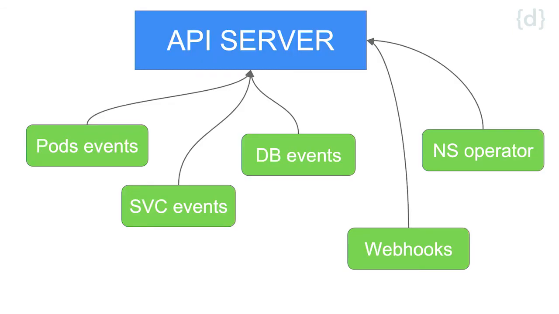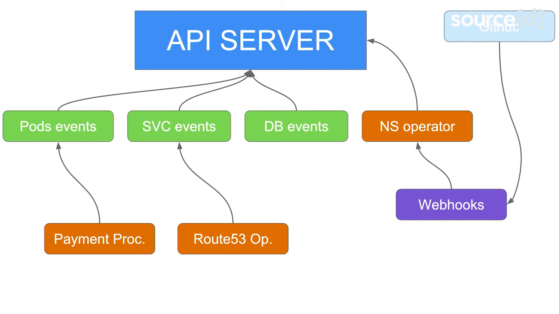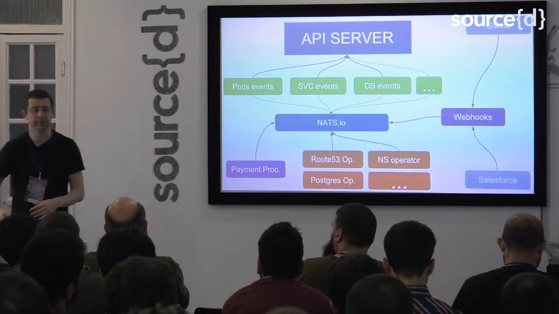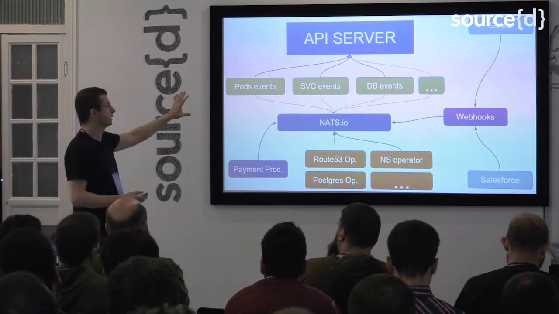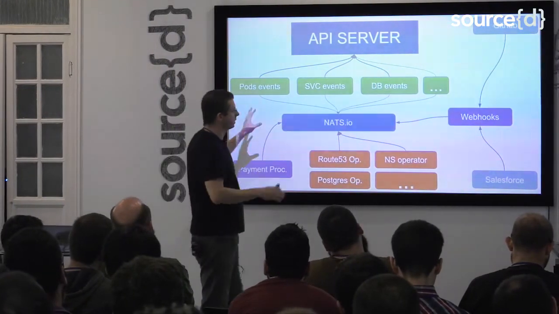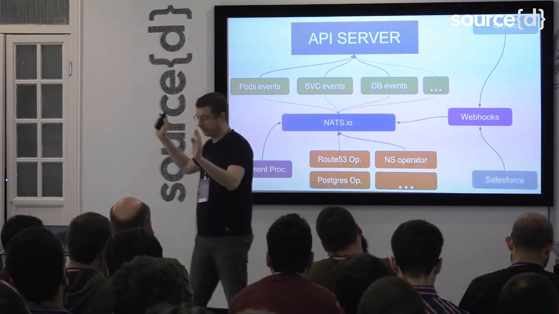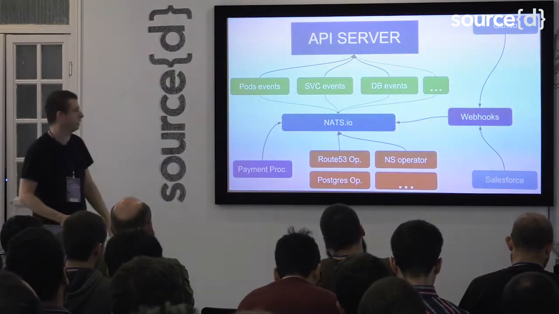And that is basically what I end up doing with all these operators. I turn them into this. We have the queue, and then the operators consume the queue, and other people can consume the queue as well. And because this model developers understand very well, they feel comfortable, and they're very productive. And little by little, they keep learning about all the other things. So what we do is remove the friction of starting with a technology like Kubernetes. So this is basically the diagram of how things work. We have a queue, we have a set of webhooks that interact with GitHub and Salesforce and other things, and then we have our logic there.